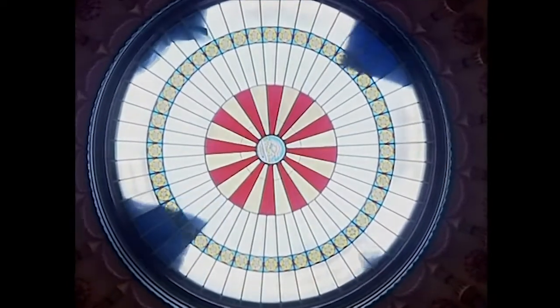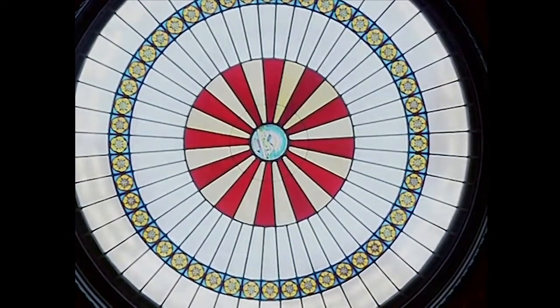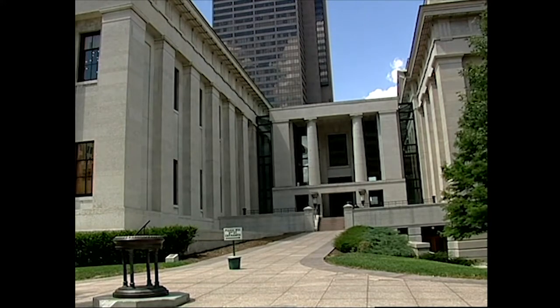The reaction of everyone who experienced the new State House was unanimous. It's absolutely delightful and beautiful. It's one of the finest buildings in the country. It is one of the finest state houses in the country. I've been to many of them. And not only, but the history of it, and the beauty of it. And the ultimate decision to redo the annex and then build and attach the annex to the Capitol itself and make it a place, the People's Palace,